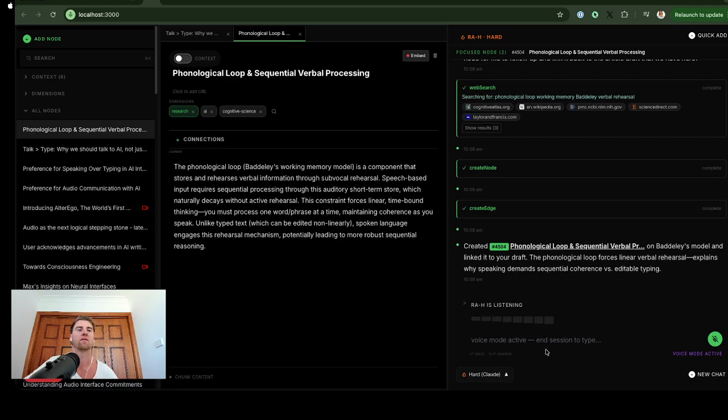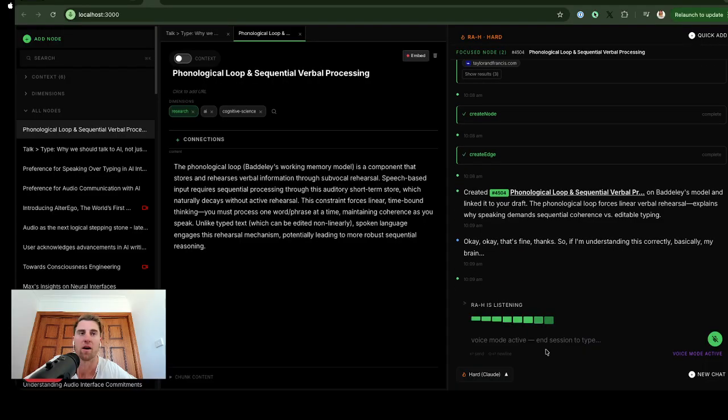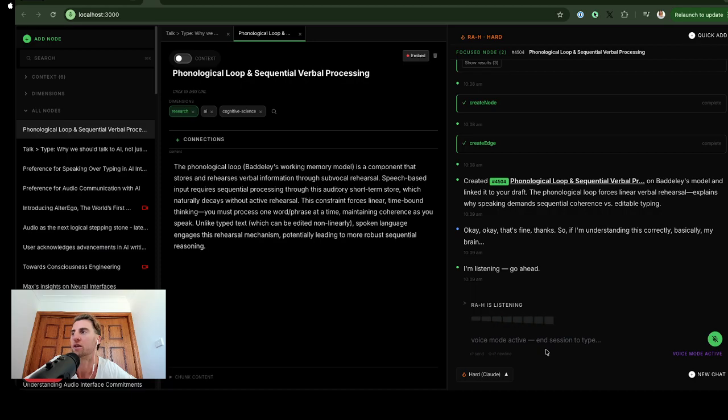Created Node 4504 phonological loop and sequential verbal processing on Baddeley's model and linked it to your draft. That's fine, thanks. The phonological loop if I'm forces understanding linear this verbal correctly, rehearsal, basically explains why my speaking demands brain- sequential coherence versus editable typing. Rude. So if I'm understanding correctly, basically my brain has a word queue, and if I think silently or write, I I'm can skip listening. around. Go ahead. But if I speak out loud, I'm forced to fill in the logical gaps.